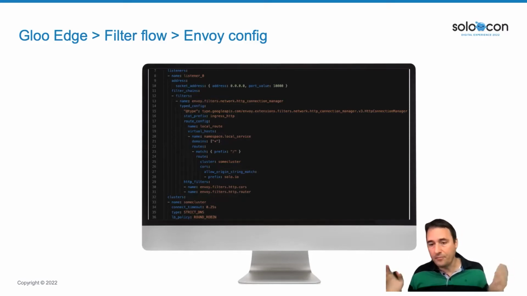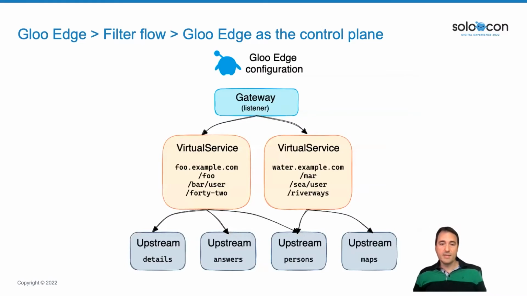And a filter chain can have different filters. One of them is the HTTP connection manager, that is a network filter that allows you to configure the routing and configure many other operations that we will see now. So these three parts, the listener, the destination, that is the cluster, and the routing, the filter chain, can be described in the Gloo Edge with